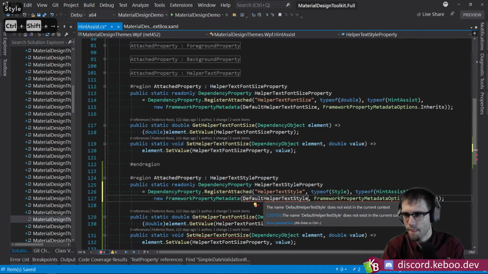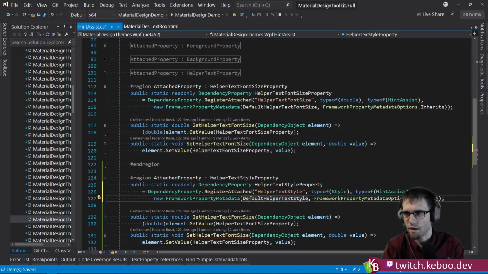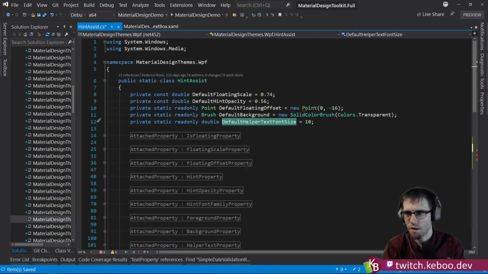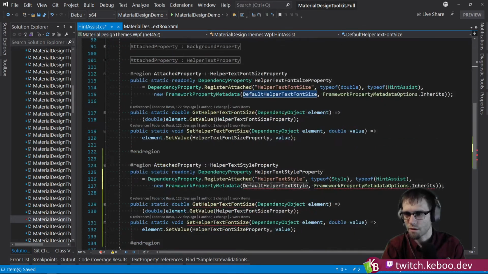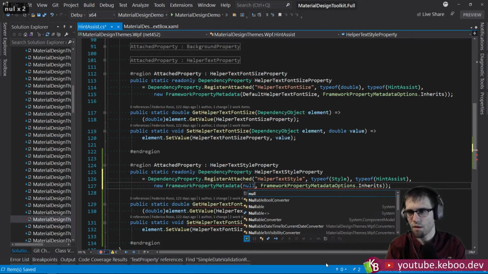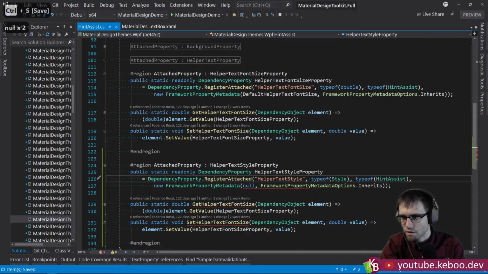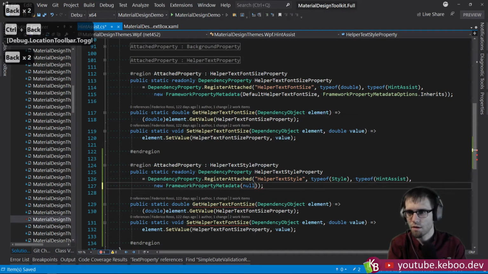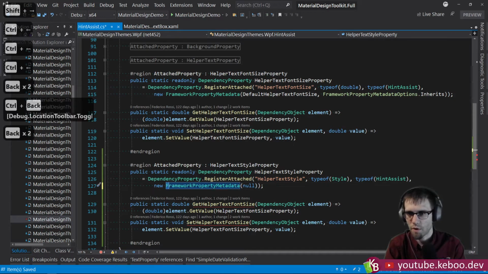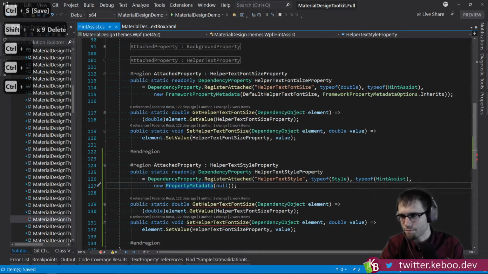I don't know if I actually need a default set here. This one here is just set up as a convenience bit, but in our case there isn't. This is just really going to be null, right? And we don't need this thing to inherit either. So in fact, we can get away with framework and just go with property metadata. Okay,